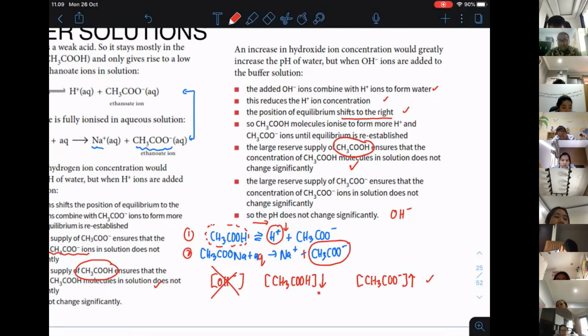This large supply will ensure that the concentration of this ion, even though it's increasing, does not change significantly. Therefore, the pH does not change significantly. So I hope you understand this. So can we actually sum